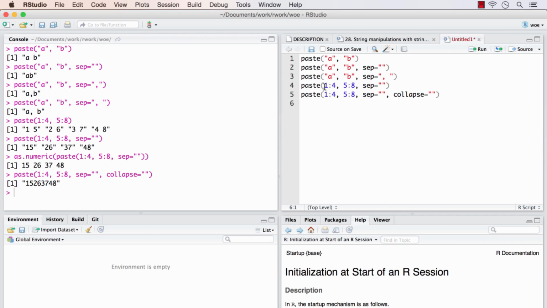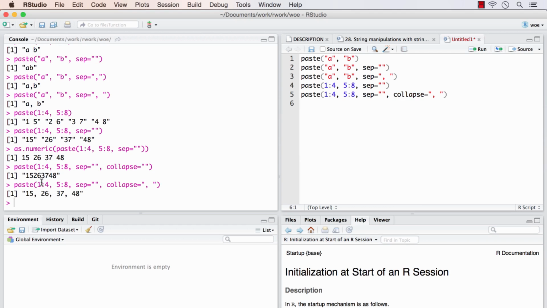Separator mentions what should be the separator between the elements of the vectors, and collapse mentions what should be the separator when we join the output of the already joined elements. If I had wanted to place a comma between the numbers, I would just mention a comma in the collapse argument, and running this, we have just one character vector, and that's a comma followed by a space placed between all those elements.